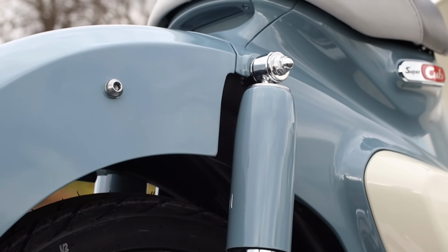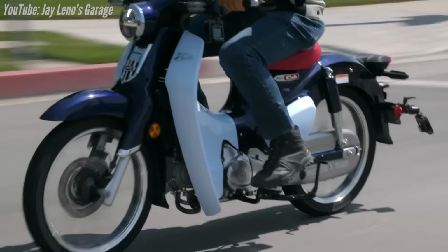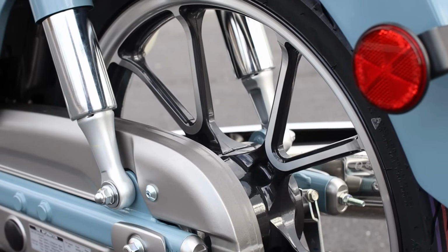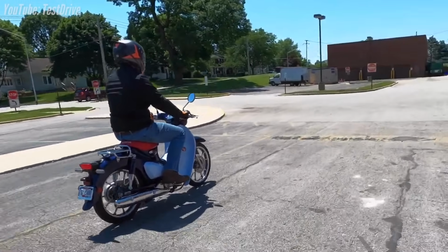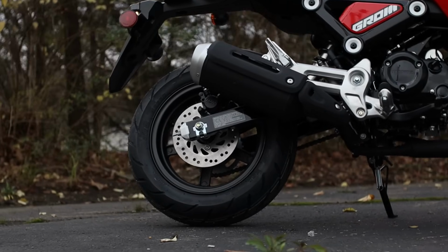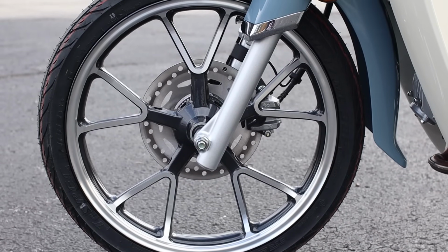And last year they changed up the springs and bump stops for a smoother ride, so if you rode the first gen and didn't care for its ride quality, it might be time to give it another try. And yes, they're not adjustable either, helping the suspension do its thing and roll over those bumps a little easier when compared to the tiny wheels on Honda's other smaller bikes, or a set of large and absolutely beautiful 17-inch